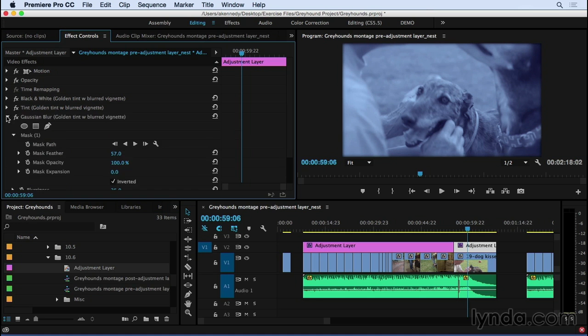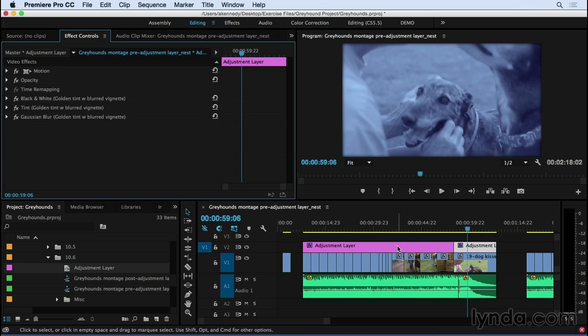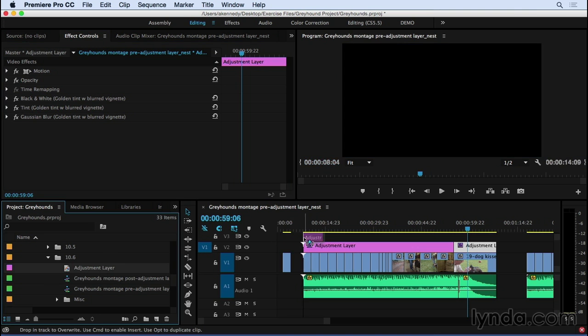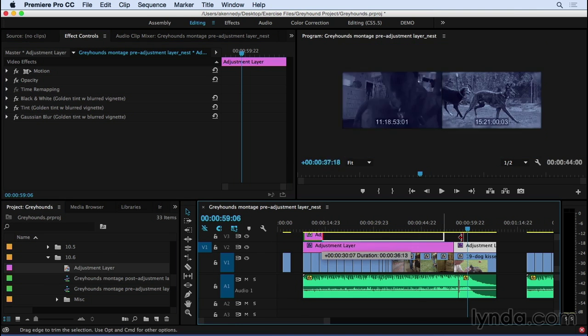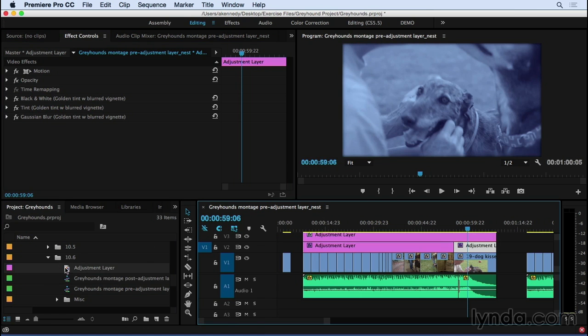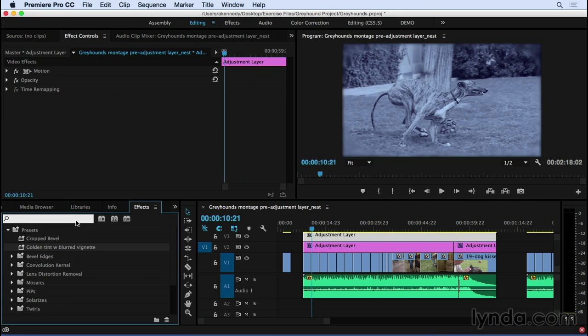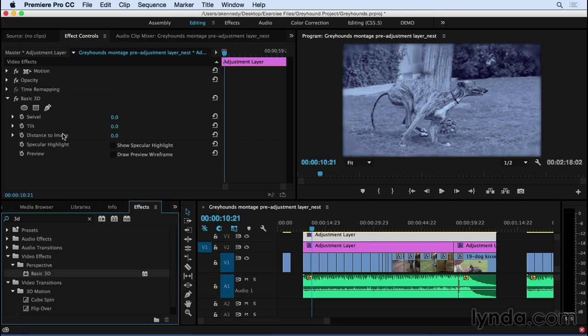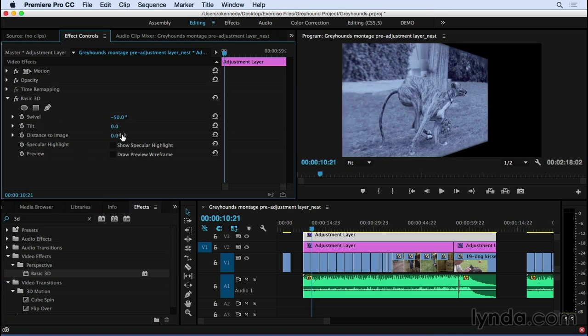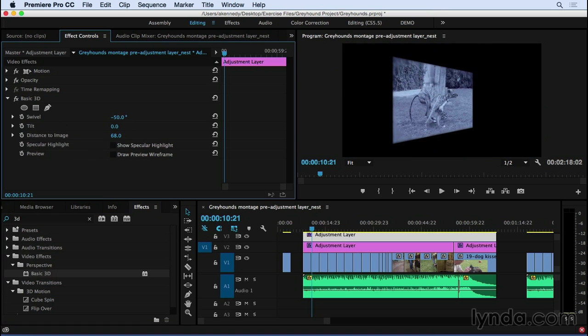Now, I could add this to the same adjustment layer, but I'm actually going to do it to an adjustment layer above it so that you can see that adjustment layers can work in tandem. So I'll bring this up onto V3, and notice it's the same exact adjustment layer that I used before. You can use this again and again. And I'll select it, and I'm going to come to my effects, and I want to look for my basic 3D, and we'll drag that on, and I'll come in and swivel it a little bit and adjust my distance, and I can make all sorts of changes, but as you can see, now this adjustment layer